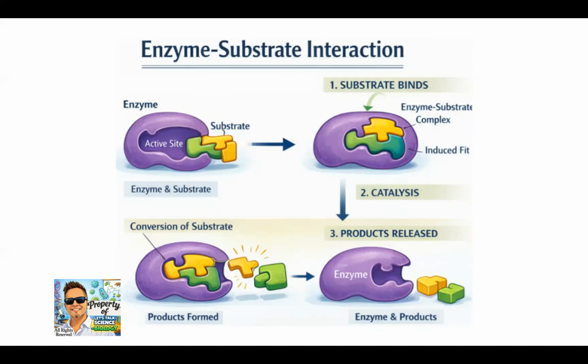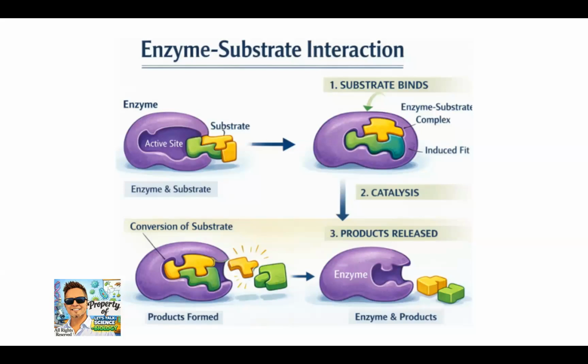But realistically speaking, the reason why the substrate in this picture is binding to that region of the enzyme called the active site is because there's all these different charges, little partial positives and partial negatives that are on that substrate that are going to bind to the opposite charge in that active site. And when those things come together, you're going to get something we call a conformational change. And a conformational change, which, by the way, follows this process that we generally refer to as an induced fit,